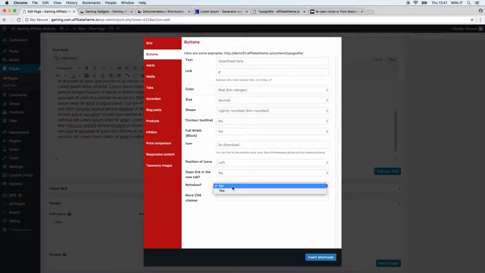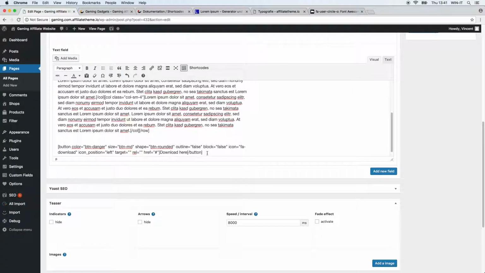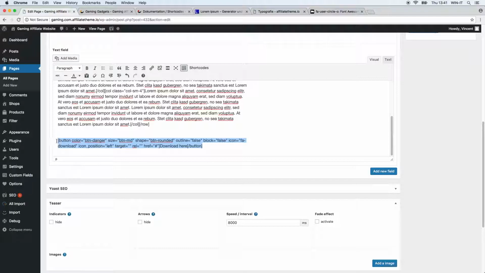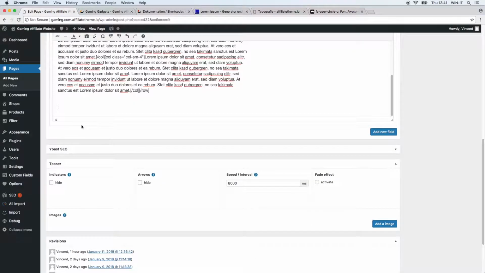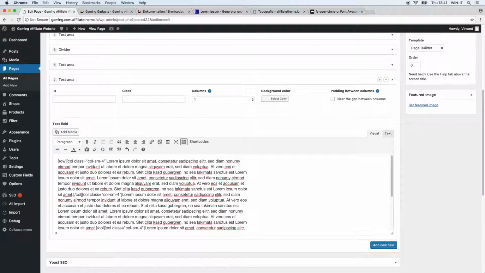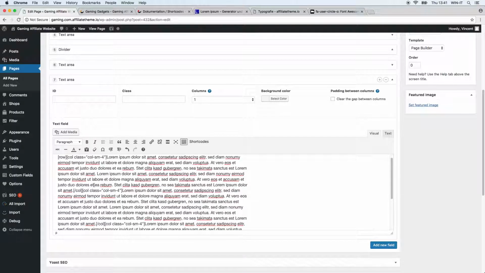No follow or follow link, we can still define this, and maybe add a CSS class to customize this button even further, but we don't really need this right now. So we're going to insert the shortcode. Now we have it here, and so earlier we defined this little text here, so I'm just going to put